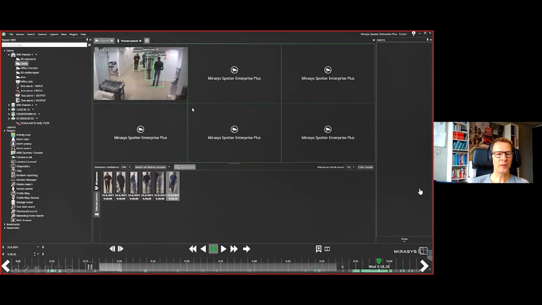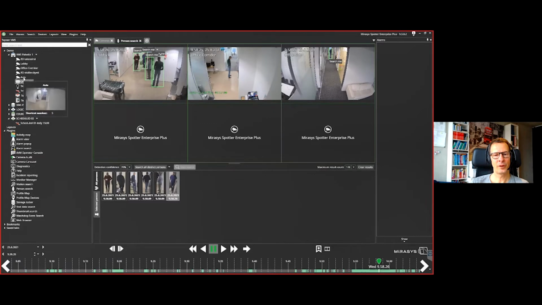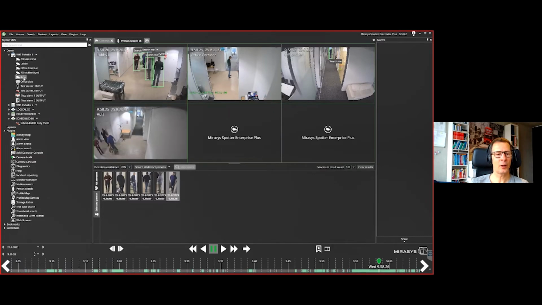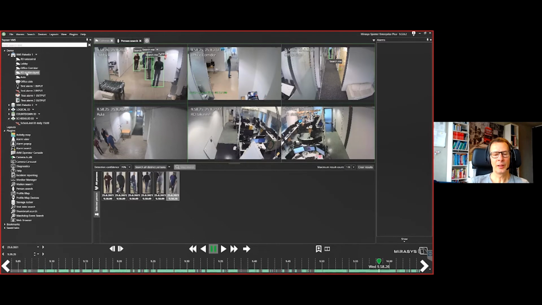So we open this camera in the person search, and then we use the camera grid to add additional cameras out of our office. See the corridor, the office side, the aula, and then 2 cameras from R&D. The R&D office, yes.